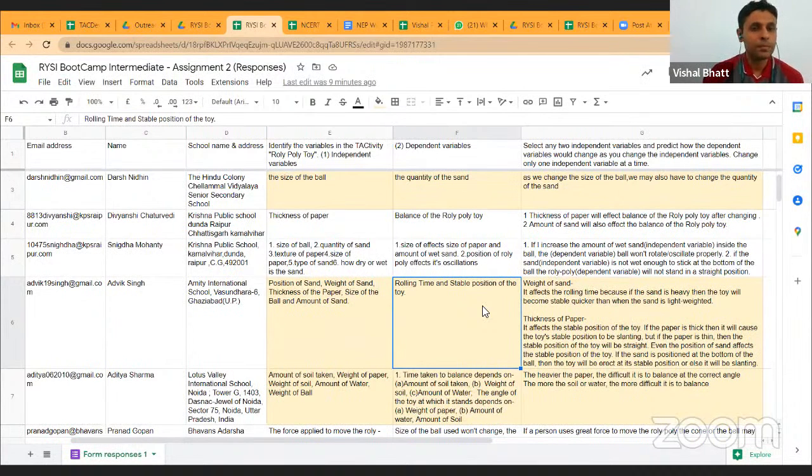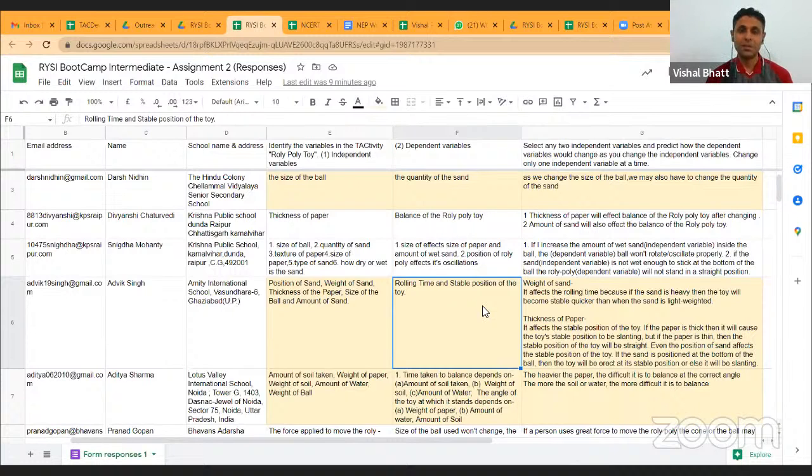Sir, I had a doubt. Go ahead. Can there be a variable which is also an independent variable and also a dependent variable? So like the ball. Sir, we can change the size of the ball, so we will have to change the quantity of the ball, so the size of the ball will be an independent variable there. But sir, when we change the length of the cone, and basically the width of the cone, then we will have to change the size of the ball also. So sir, will that be a dependent variable at the same time? Yes, that's an excellent question,